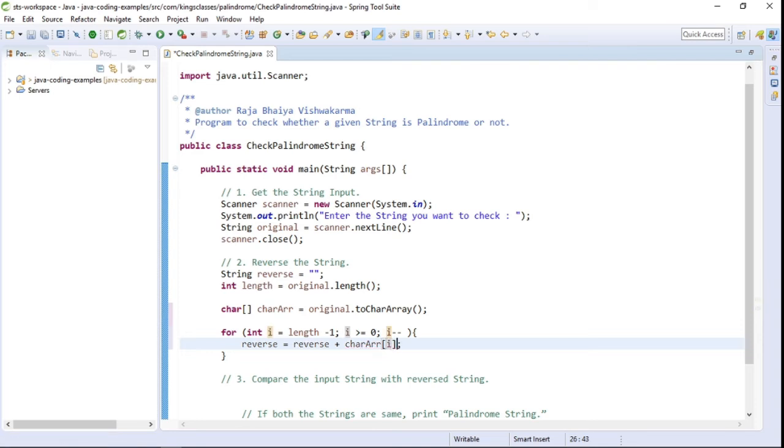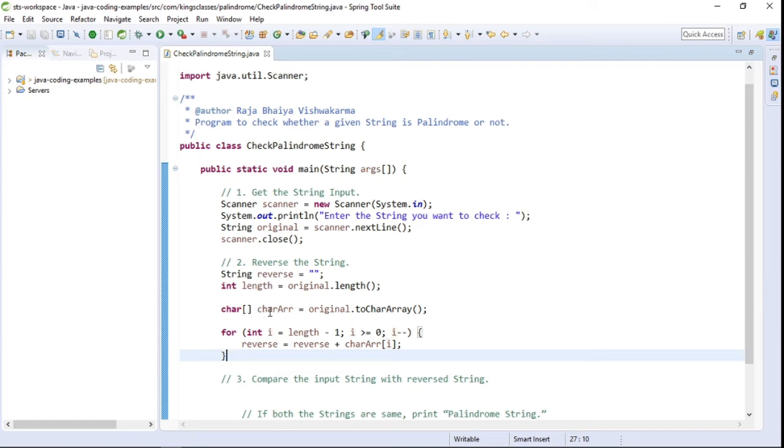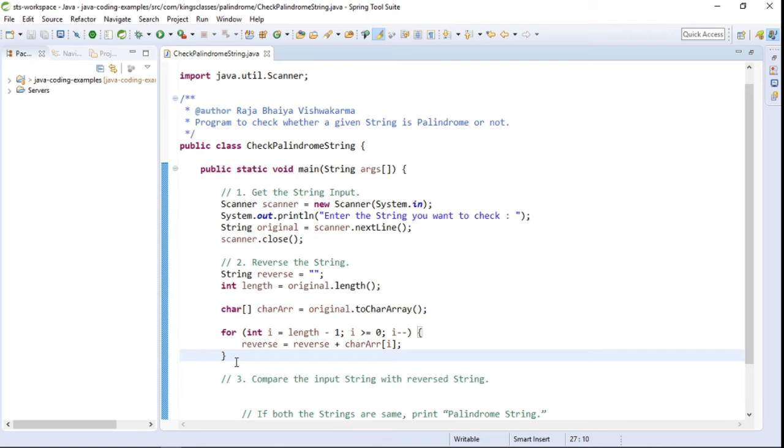So this for loop is going to iterate the character array of that original string in reverse direction, it is getting the character of each index, and then it is assigning it into the reverse of that string.